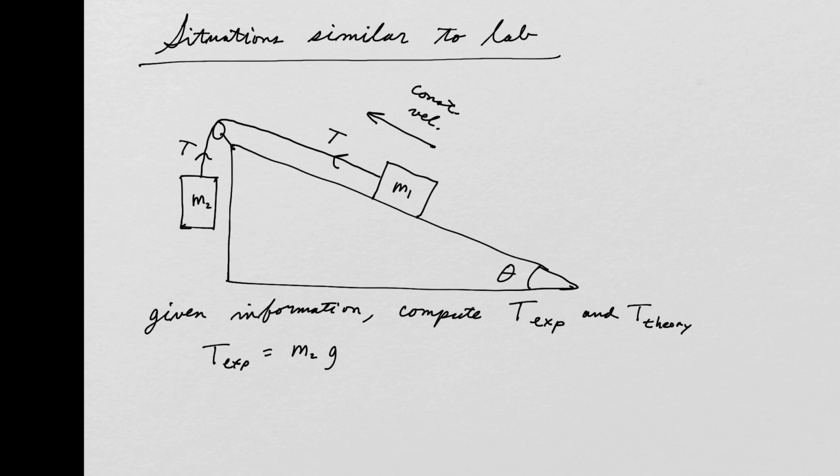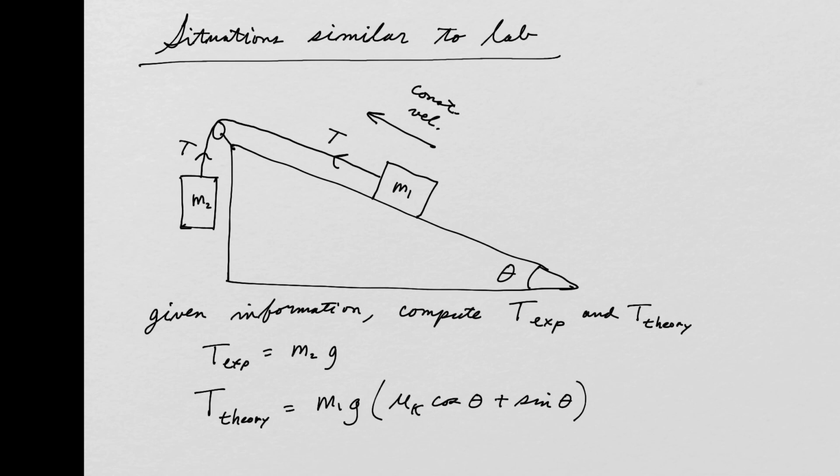And then the other way that we computed it, T theory, was involving all the information from this cart, right? Where we had the weight, we had the normal force, we had the frictional force. And remember that equation, T theory, double check me on this, but I'm just doing this from memory. I think it's M1G, right, times mu K cosine theta plus sine theta. So I'd have to give you the masses, I'd have to give you theta. So given all information, you should be able to compute T experimental, T theory. Okay,